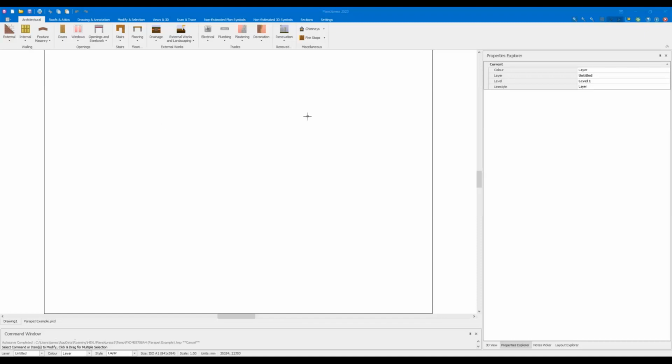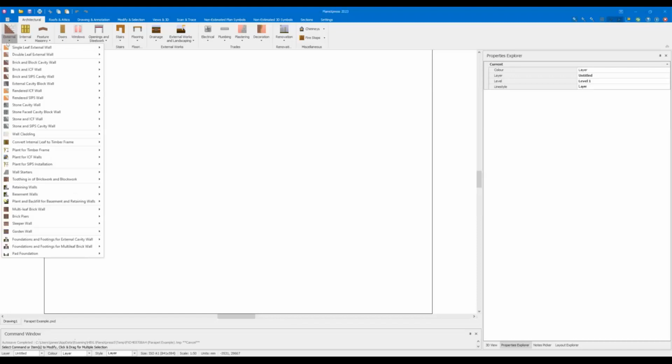So this is PlansXpress 2023, as you'll see from the name at the top there. So the first thing to say is that basically the new parts within this, the focus is on walls. Now, if any of you attended the Estimator Express webinar that I did a couple of weeks ago, you'll see that we've completely